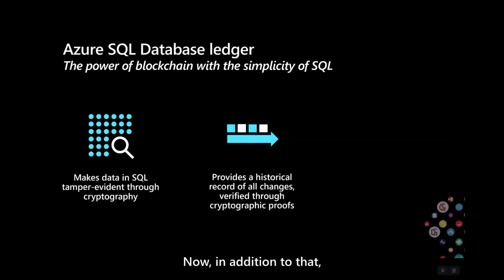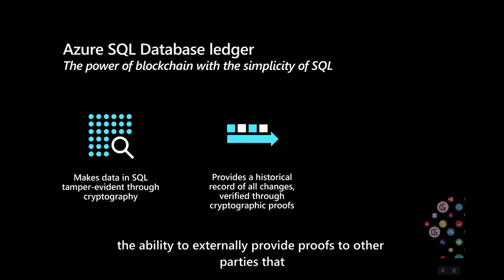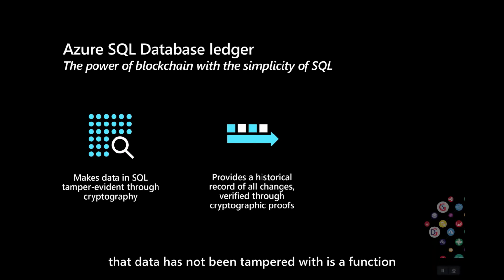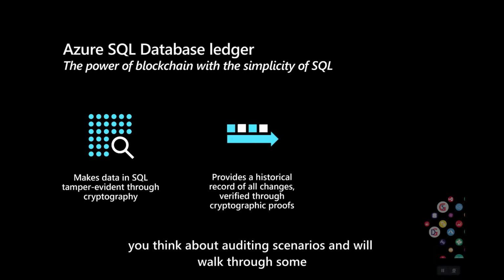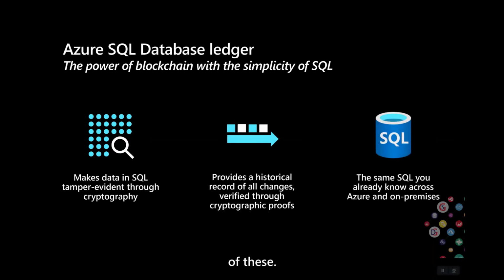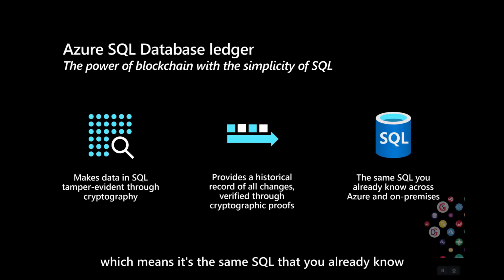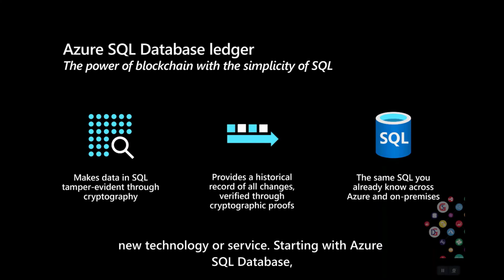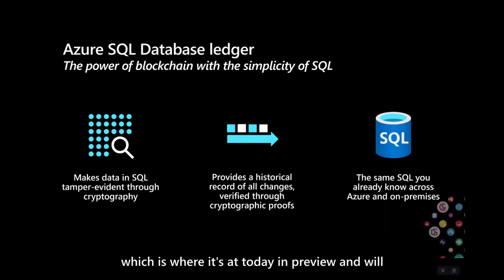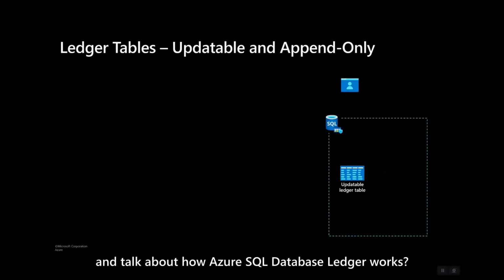Now, in addition to that, the ability to externally provide proofs to other parties that that data has not been tampered with is a function of Azure SQL Database Ledger that is super important when you think about auditing scenarios. And we'll walk through some of these. And then lastly, and really most importantly, Ledger is a feature of SQL, which means it's the same SQL that you already know today, no changes to your applications, no migration of data, or having to move to a net new technology or service. Starting with Azure SQL Database, which is where it's at today in preview, and will accrue across the SQL properties over time. So now why don't we dive in a little bit and talk about how Azure SQL Database Ledger